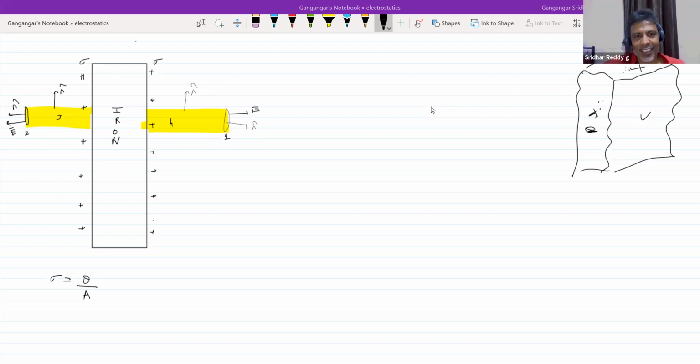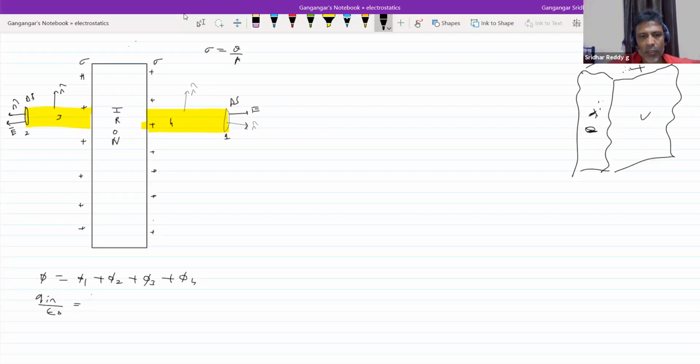Now come back here. So these are the two surfaces I have. So delta S, then this will be delta S. What about the flux by the third and fourth surface? It will be 0. So I'll begin the calculations. Total flux equals flux 1, 2, 3, and 4. This should be equal to Q in by epsilon naught.